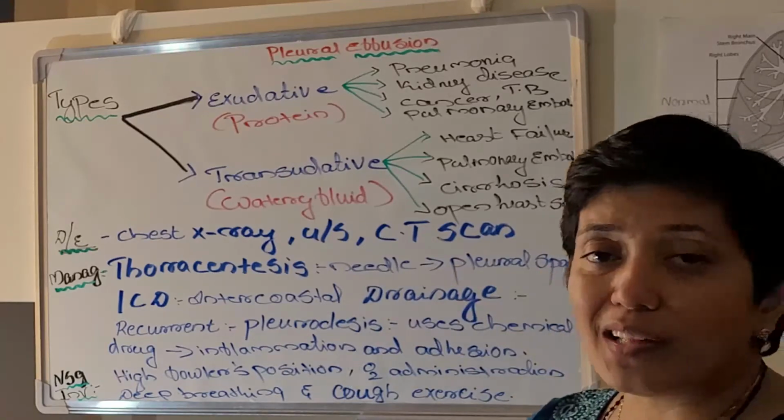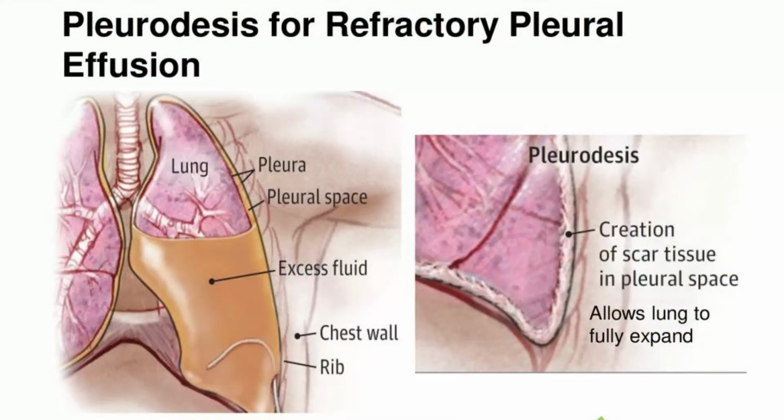And in case this pleural effusion is recurrent, they go for pleurodesis. In pleurodesis, using the ICD, they will drain out the fluid first and then chemicals or drugs will be injected into the pleural space, which causes inflammation of the pleural space and results in adherence. The visceral layer and parietal layer will get adhered to each other,